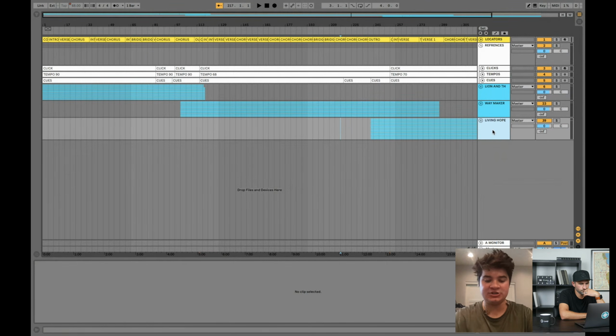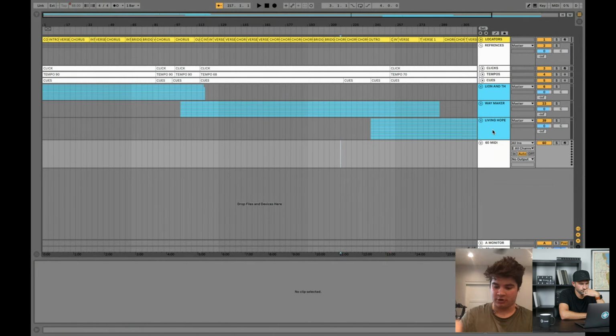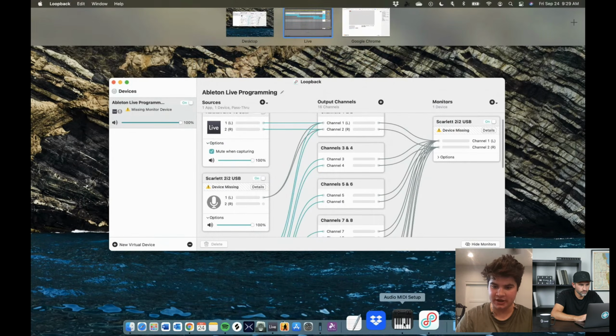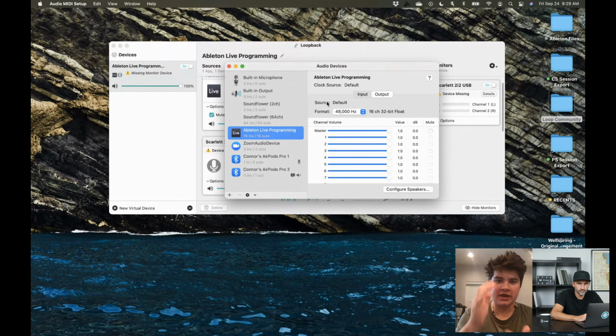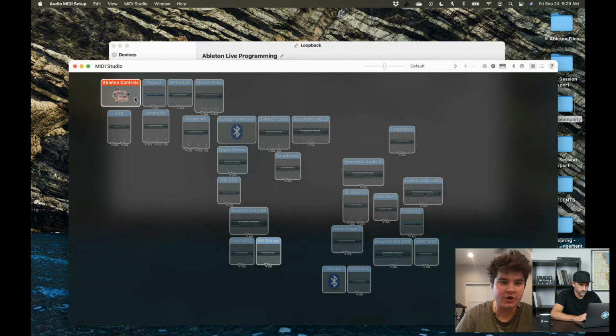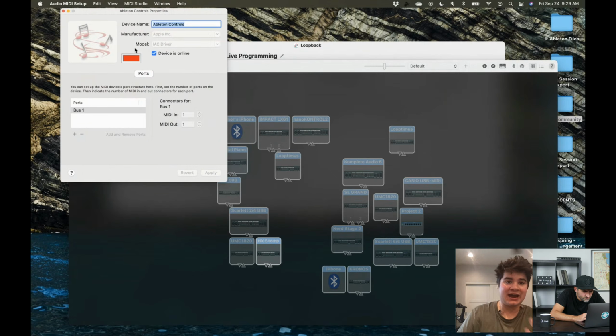What that is utilizing is an IAC driver, which is built into the MacBooks. It's like a MIDI device in your computer. And how you do that is, I hope you can still see my screen. Can you? Yep, I got it. It's in your Audio MIDI Setup. You can go to your window. It's right here. Here's all the devices, but it is this IAC driver right here. It's built into everything. You can go to your Audio MIDI Setup and you can name it Ableton controls. Boom.